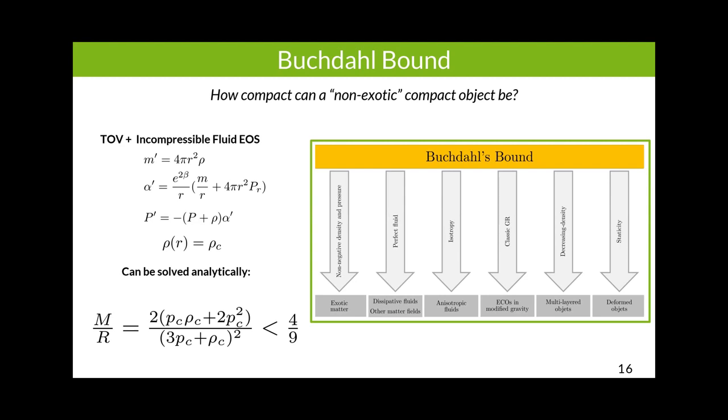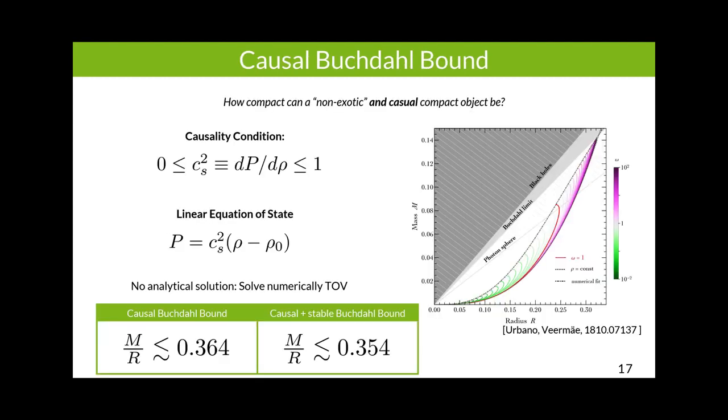So this is the Buchdahl limit, and actually this is based on some assumptions, like I said before, and this is typically used as a roadmap for different types of exotic compact objects. So each of the assumptions is broken to get some exotic compact objects, etc. But again, this was an incompressible equation of state, so the sound speed there is infinite, so it's not physical. So a more interesting question is how compact can a non-exotic and causal